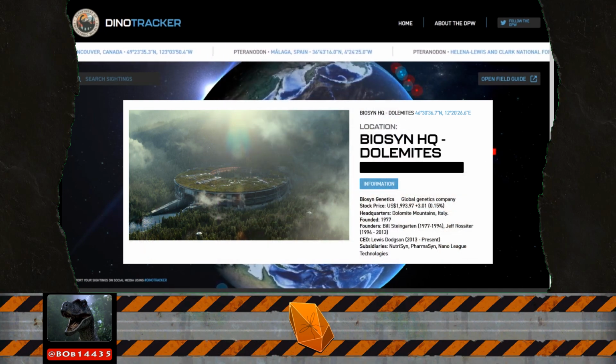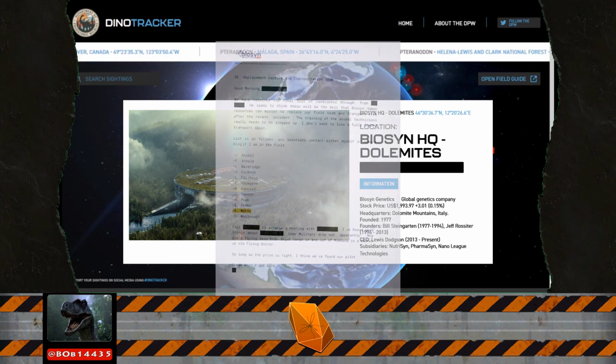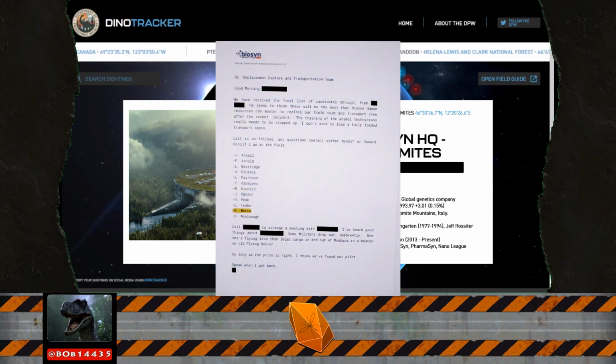The second Biosyn HQ document, labeled Biosyn Email Leak, is a list of names that are apparently possible replacements for previous capture and transportation teams which seem to have quit or died after having run in with an aggressive dinosaur that totaled a transport vehicle. I assume the dinosaur is a ceratopsian, maybe a Nozooceratops or Triceratops. The list was given to them by a redacted name. I assume the name of this person is Al because of the really short first name, as he is mentioned in a later document and even in the archive of the Masrani Global Terminal website, labeled